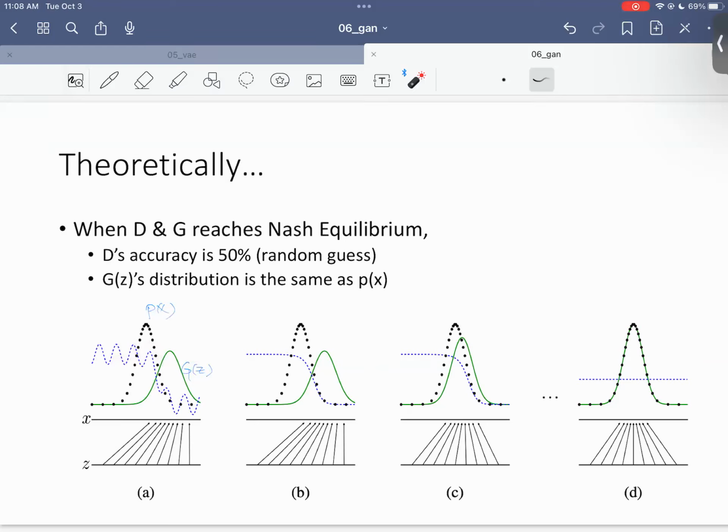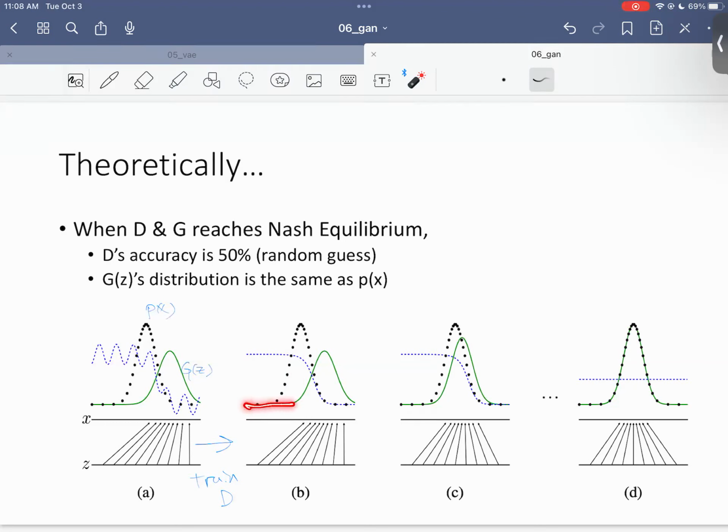And what you do first is you train D. When you go here, you see that the decision boundary is much nicer than before, right? Since the black dot is PX and the green line is G(Z), then around here,